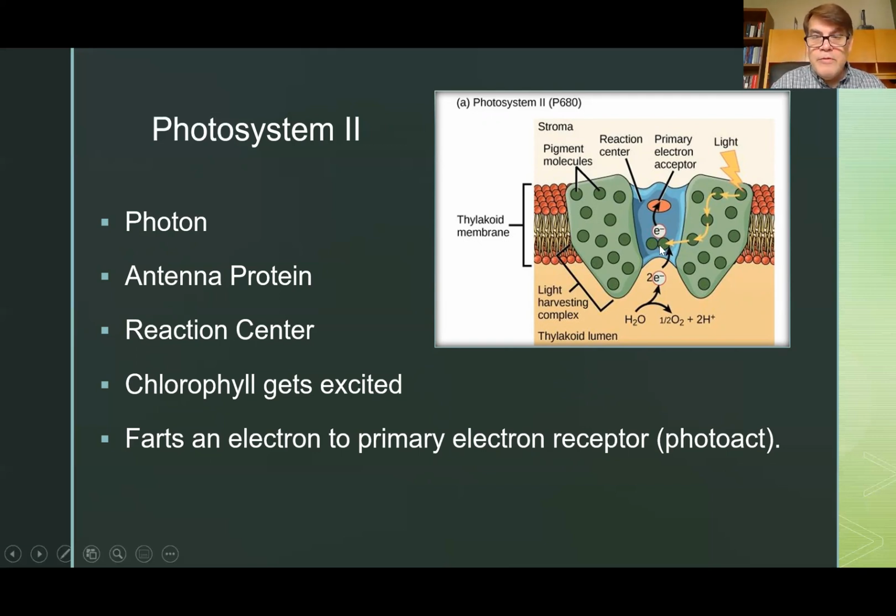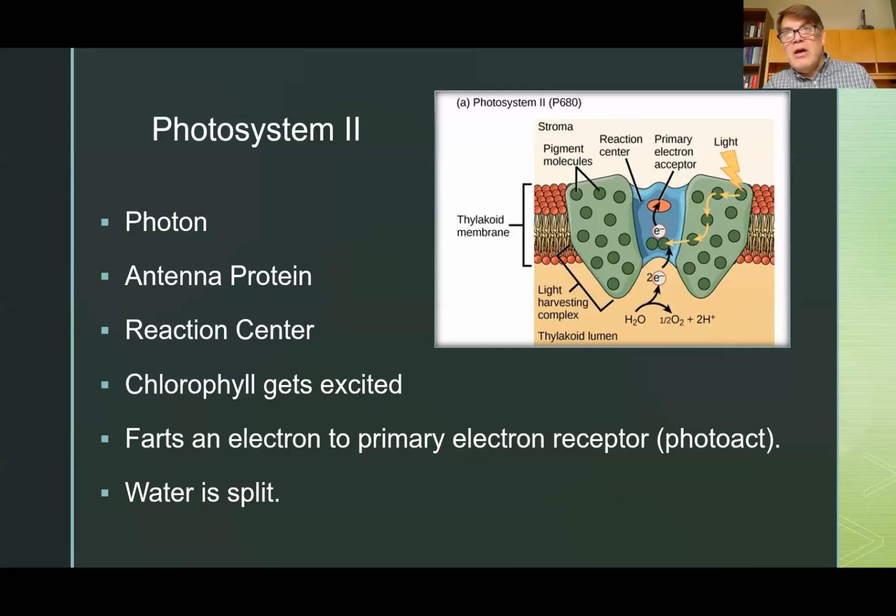So the chlorophyll gets excited. It farts an electron to the electron receptor, and we're in business because now we've got an electron to work with here. And by the way, water is split into its component parts as part of this process. And the hydrogen ions, which is basically a bunch of protons, they end up here in the middle in the lumen. And so you have what's called a concentration gradient, a difference between the concentration outside, which is lower in